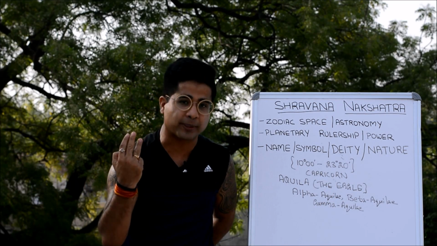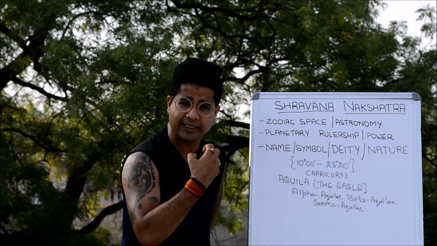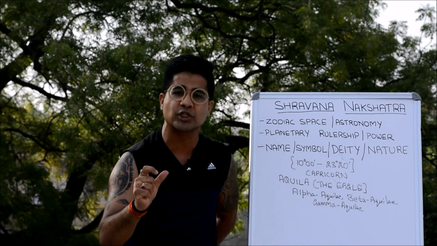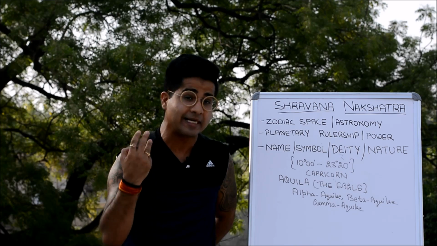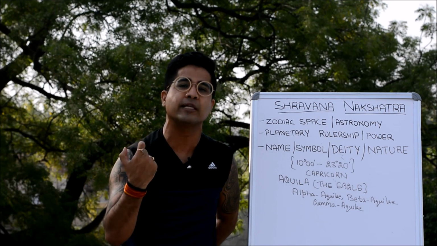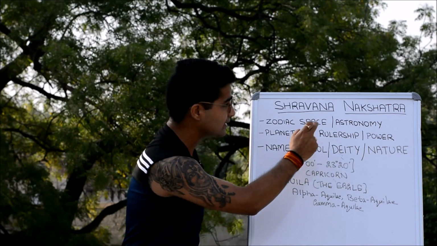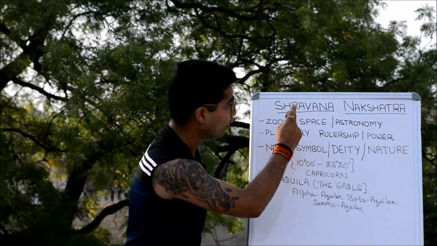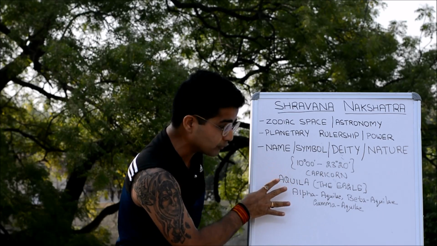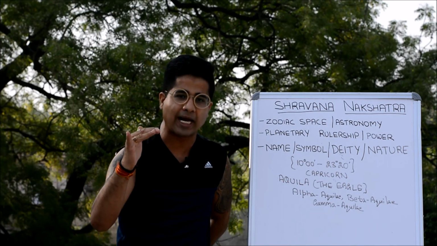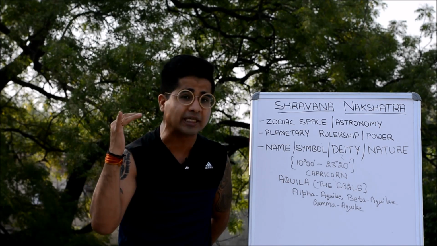which you will very soon get to know has a strong correlation with the 3 strides taken by Lord Vishnu in his 5th incarnation as the Vaman avatar. So you will get to know about that. But one thing is that the astronomy configuration of this nakshatra constitutes 3 stars which can be spotted at the top of the constellation of Capricorn.